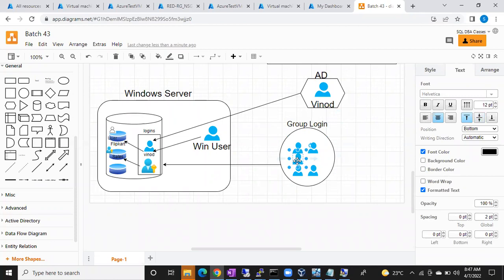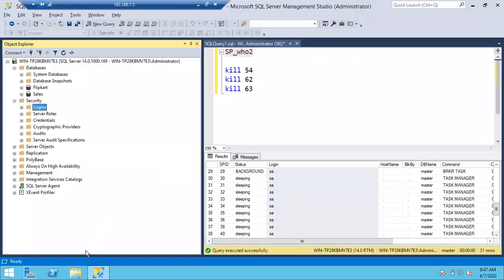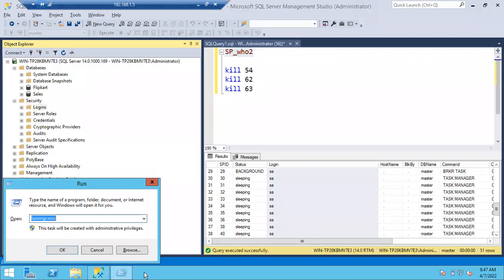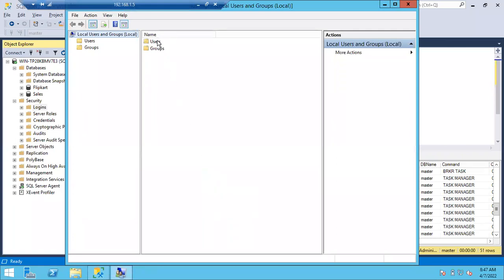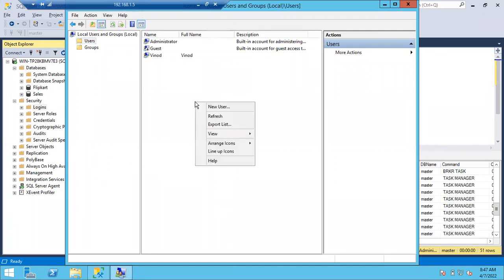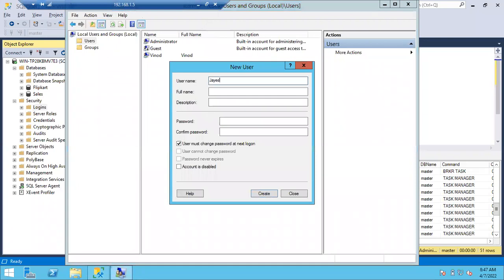Having a Windows user. So let me go to the servers. First, let me create 3 users at the Windows level. lusrmgr.msc. Let me create 3 users. Let's go with 3 people from this batch: Jayesh, Pradeep, and Satyam. Let me create new user, Jayesh. Password 123. Uncheck this. Check. Create. Next,